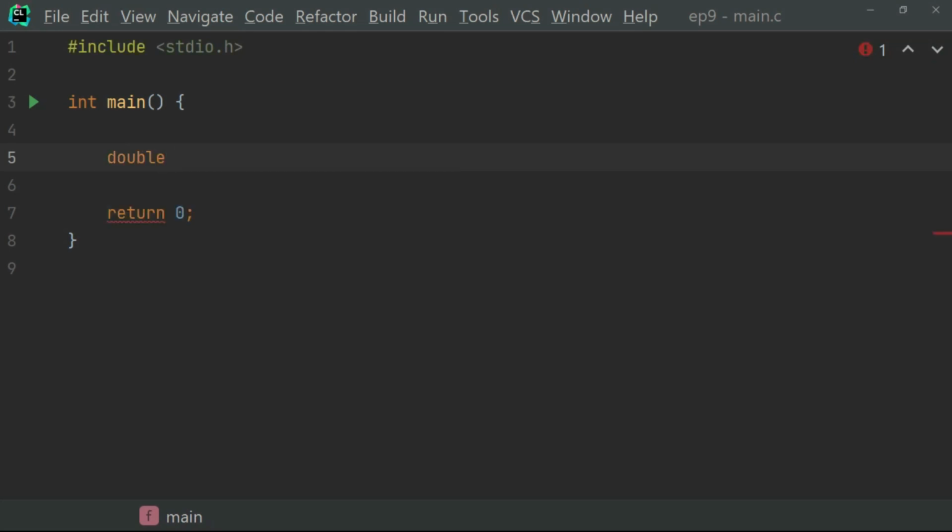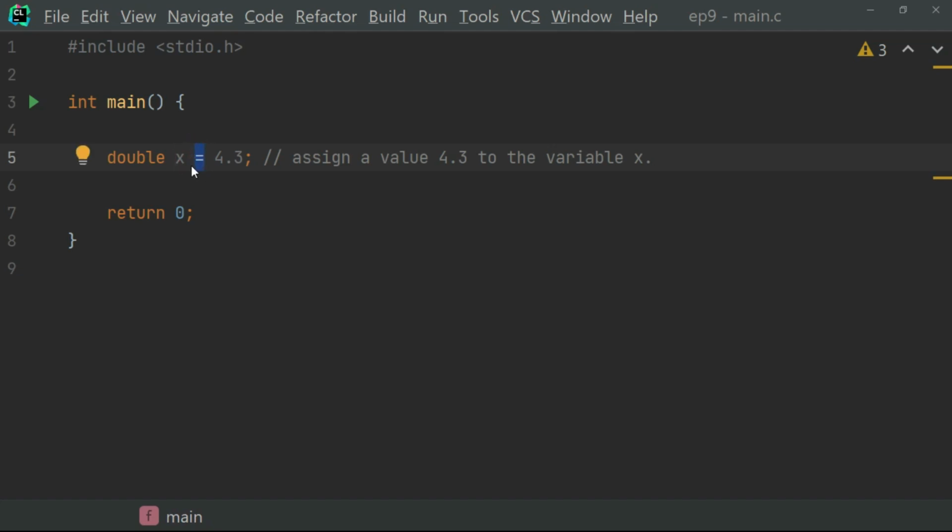Basically, in C programming, assignment operators are used to assign a value to a variable. So for example, if we write this line of code like so, what we have done in this short line of code is assign 4.3 to the variable x. Now, how did we do that? We did that by making use of the most commonly used assignment operator in C programming, and that is the